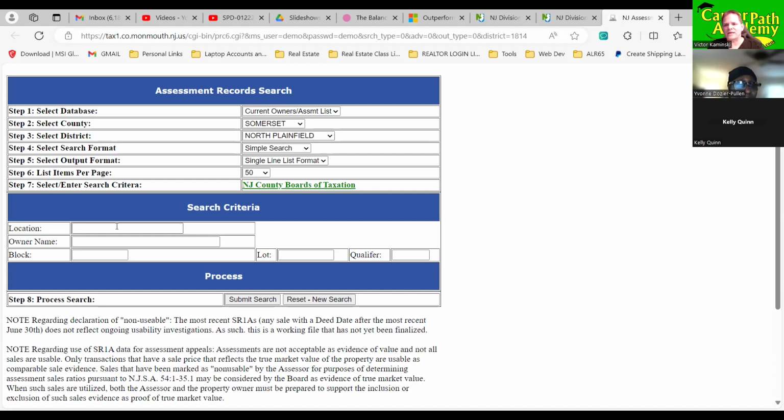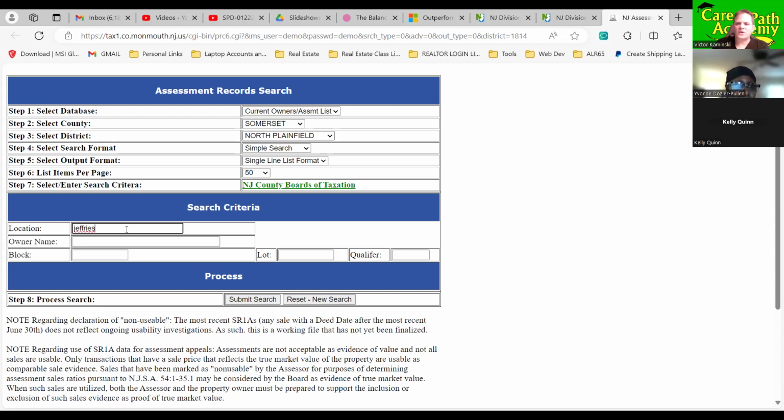Like if you're going to put in the name of the road that the property's on, don't type road or street or circle, because tax records are abbreviated, so you'd have to put it in exactly as it's abbreviated, or you could just leave that out altogether. Do you have a street name maybe? Jeffrey's Place. Okay, so if we just put in Jeff, we wouldn't put place, right? Is it Jeffries or Jeffrey?